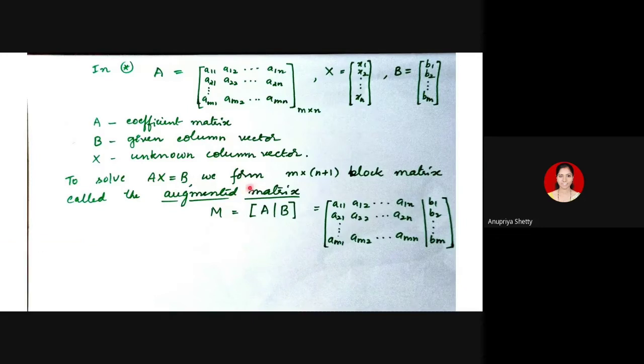After applying row operations, A will reduce to some A dash, B will reduce to B dash. We will try to solve A dash x equal to B dash. Solving that will be easier compared to solving Ax equal to B if the matrix A was complicated. Or we can directly try solving Ax equal to B itself, and this procedure is not required. If A has a complicated structure, then you reduce it to a simpler form and solve A dash x equal to B dash. But the question is, is the solution that you get for A dash x equal to B dash also a solution of Ax equal to B? That's what we are going to justify in the next result.